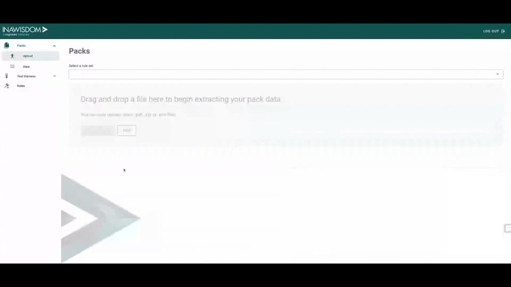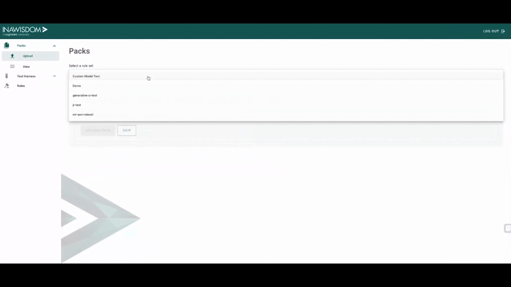If we now go over to the upload section, the UI allows customers to upload documents directly. However, the solution can receive submissions from other streams, like documents attached to emails, where each attachment is just processed as a document that's been submitted, as we will in the way we're about to, or it can be served even by FTP, allowing for a variety of solution requirements. We know there are a lot of ways to store your data, so we ensure the solution can fit your needs. Firstly, we will select the generative AI test rule set again